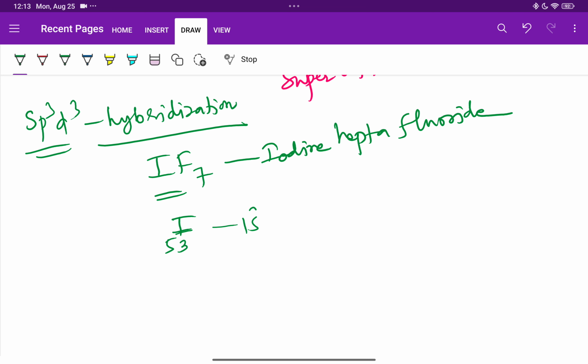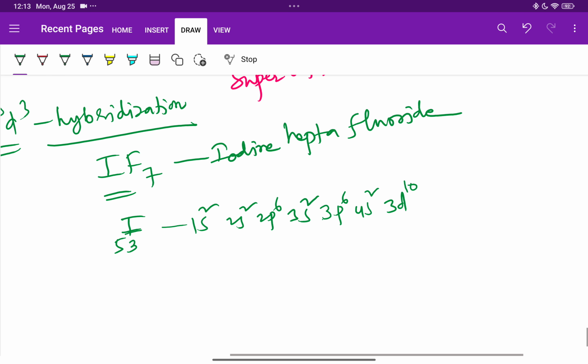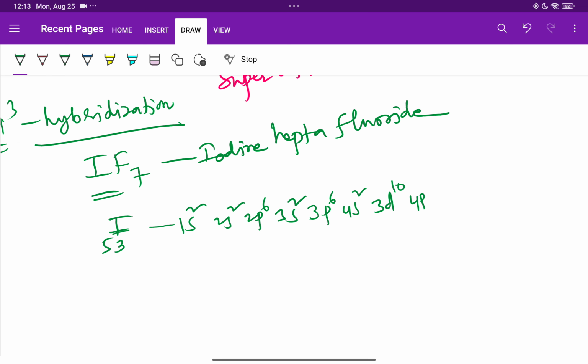So here electron configuration is 1s2, 2s2, 2p6, 3s2, 3p6, 4s2, 3d10, then 4p6, 5s2, then you can count here 2 plus 2, 4, 10, 12, 18, 20, 30,